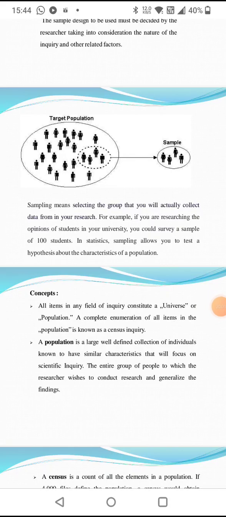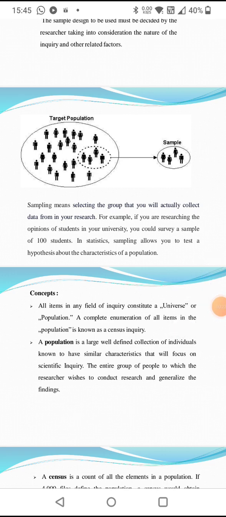We are in video 10 of research methodology and IPR. So we have already started module 3 in the last video, that is video 9. So in this 10th video we will be learning about different types of sample designs with characteristics of a good sample design. In the last video we had learnt about what exactly you mean by sample design,